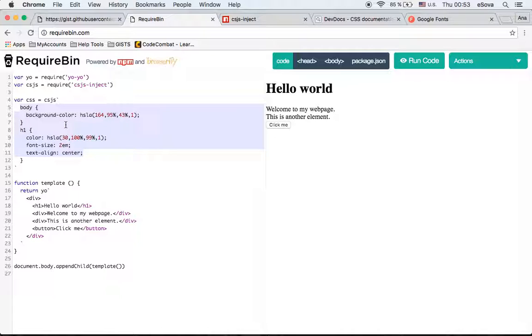How does CSS work? We have different elements, div, h1, button, and so on, and we use the selectors to say what is the element that we want to style. Then we do the open curly braces, closed curly braces, and inside we say what we want to do with that certain element. So body is actually the whole page, and we will add a background color to the body, and then we will also style an h1 tag. We will set the color for this h1, we will set the font size, and we will set that the text align is center. So let's run,